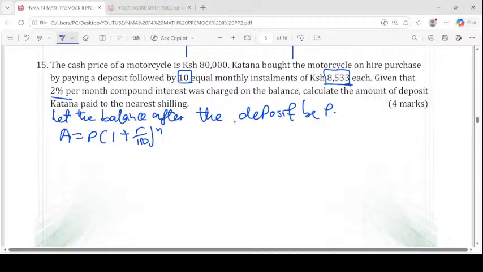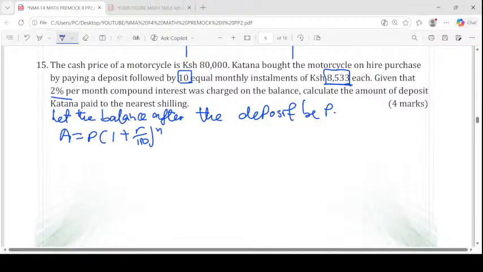So I've said let the balance after the deposit be P. After making the balance after the deposit be P, now after 10 months, if no installment was paid, then the amount could have been given by P into 1 plus 2 over 100 to the power of N, which is 10. But now because the installments are paid monthly, the accumulated value of the 10 installments at the end of the 10th month will be given by, I want us to agree here,